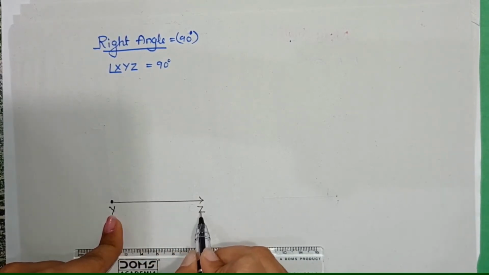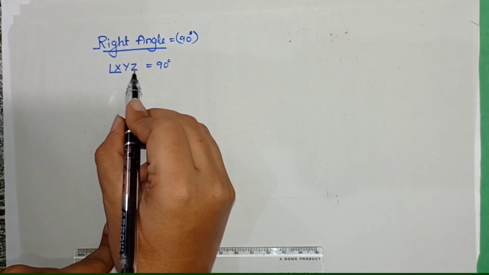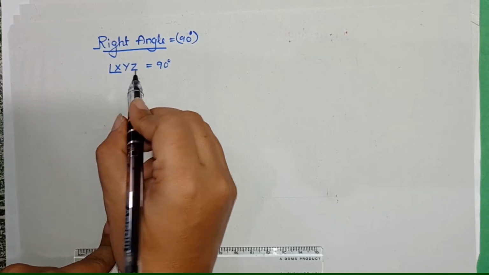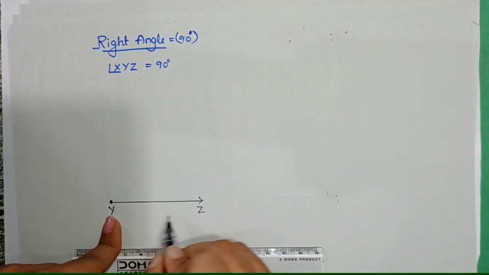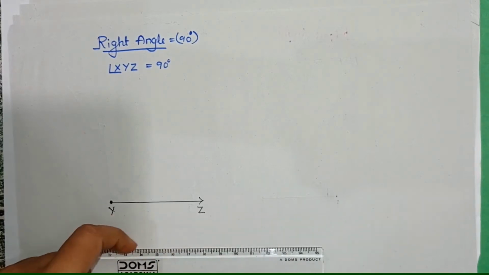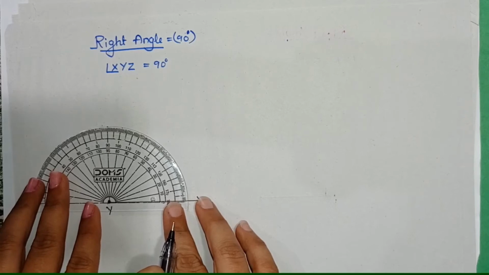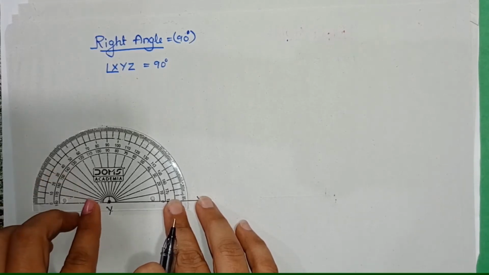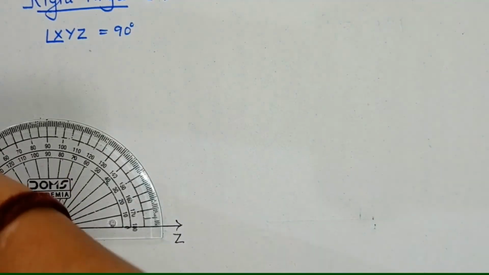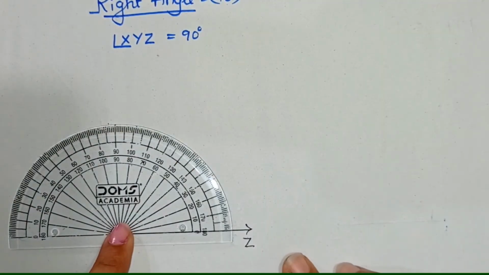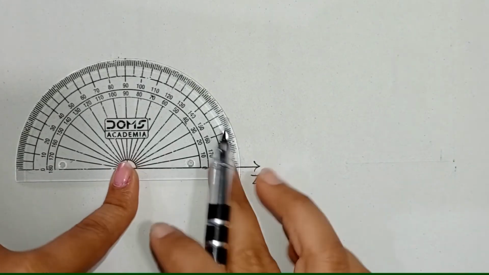Any name you can take like X or Z, as the name of the angle is XYZ. The end points will be showing the end points of the rays. I have taken the base ray as YZ, so I named here, and now you can see I'm going to construct this angle from the right side. How to construct the angle and how to adjust the protractor I have already showed in the previous videos. Like that we have arranged here the protractor.